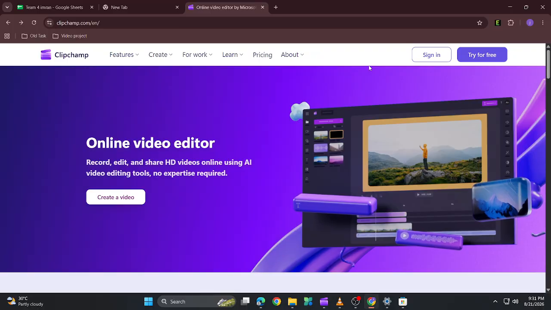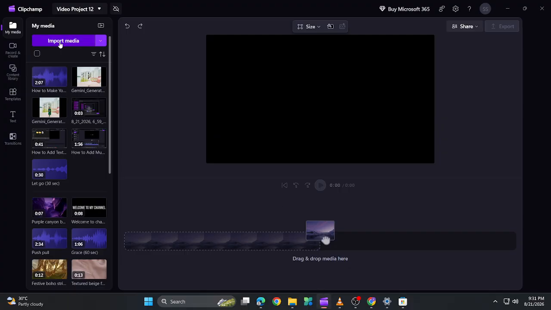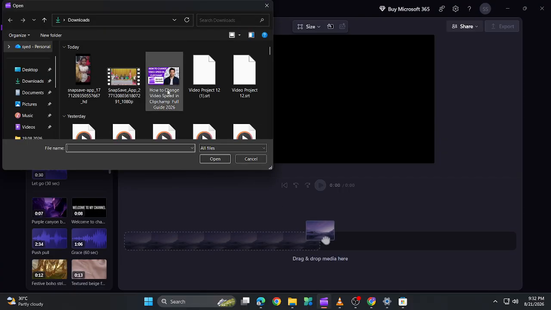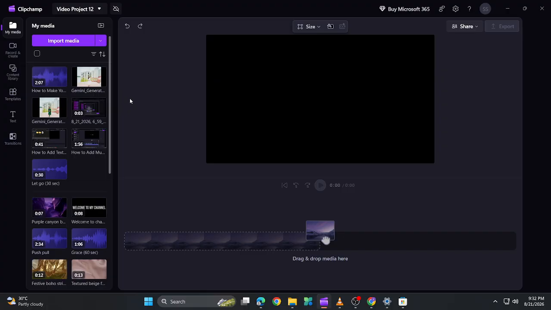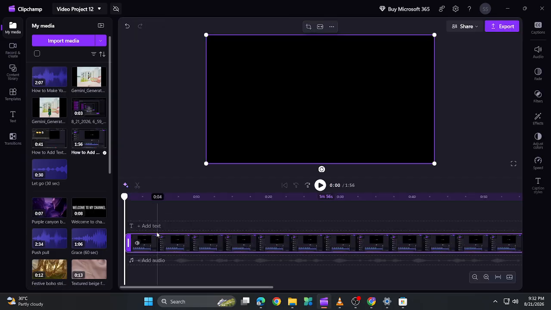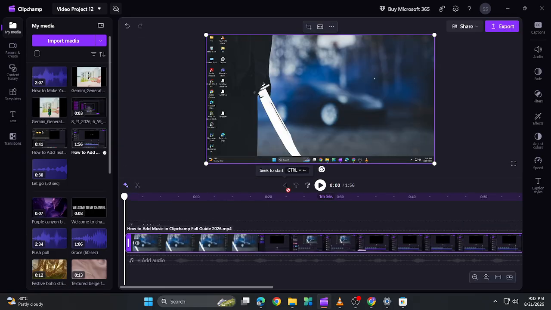You can create a new video, import your files, add music or voiceover, use templates, record your screen or webcam, and edit your footage. And that's how to install Clipchamp on Windows in 2026. Search for Clipchamp, install it from the Microsoft Store if needed, sign in, and you're ready to